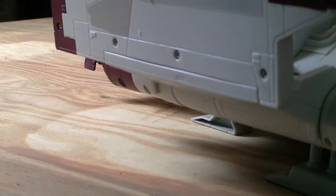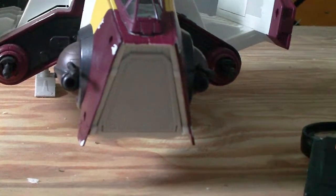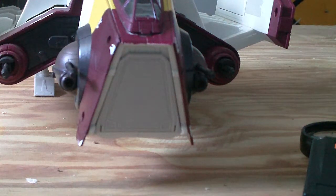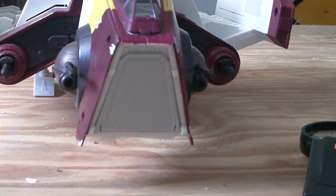Yep, so that's it for this review. I'd probably give it, oh geez, I guess like a 3.5 out of 5, because there's certain parts I really like about it, like the guns. The guns are pretty cool on it. And I like the idea of having the blast shields in the wings, but I do not like the fact that it's so small compared to what it is in the movies,